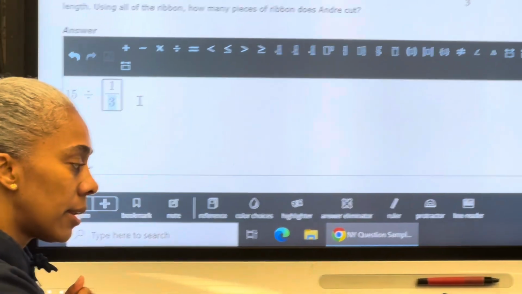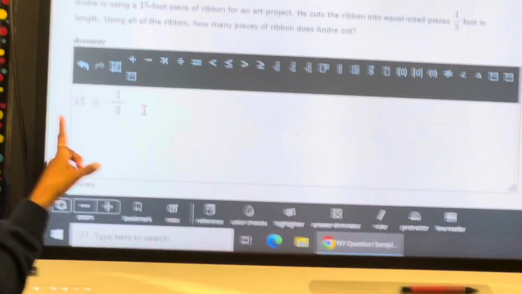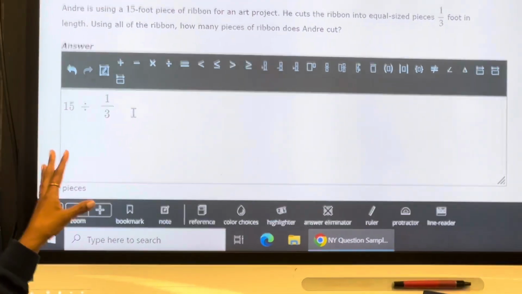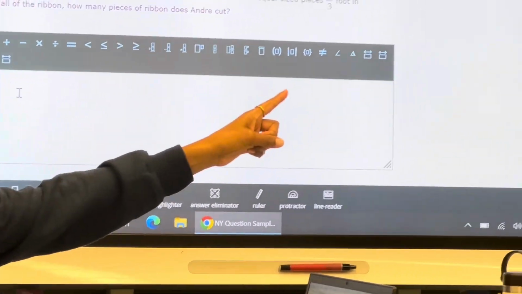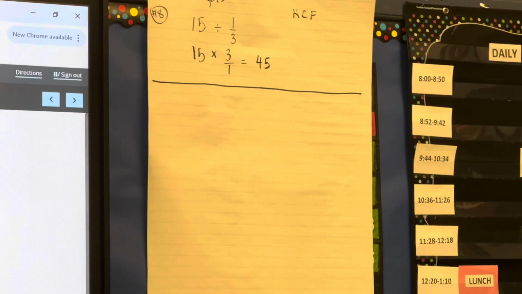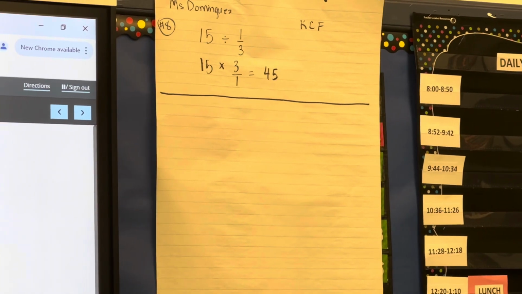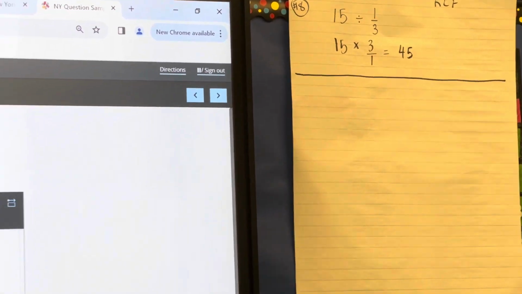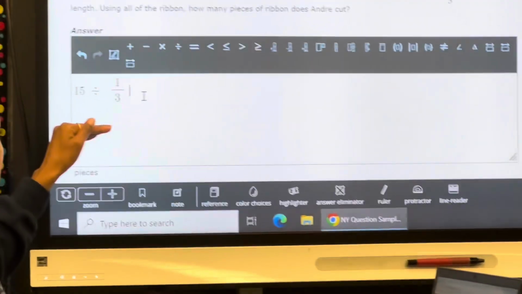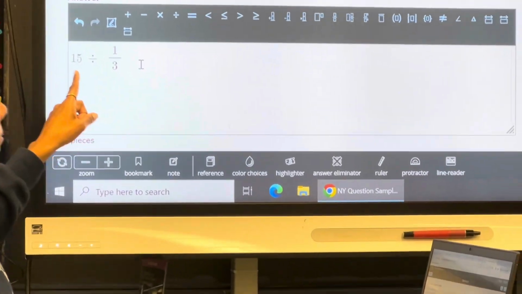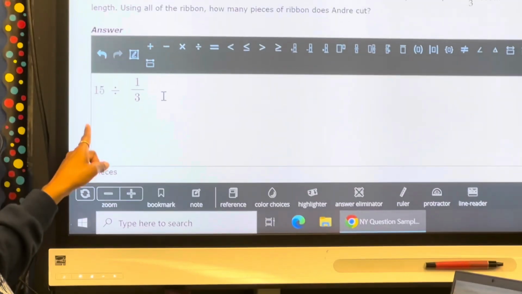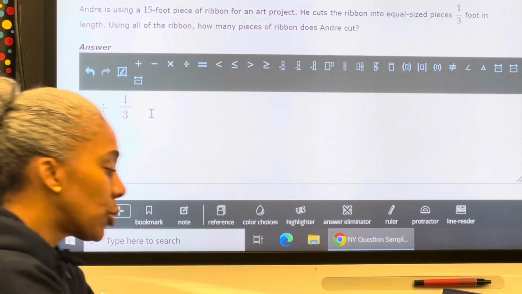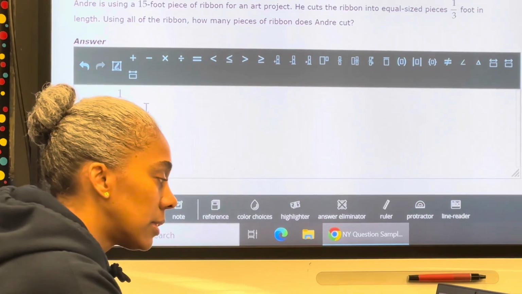Great. Now, obviously, this is our equation, but this is not the full equation. Because when we worked it out on the paper, we saw that we had to change the division equation into a multiplication equation. So watch what I'm going to do. I'm going to show that. I'm showing my work, okay? I'm going to press enter. I'm going to go below it. And I'm going to do it again. 15 now times